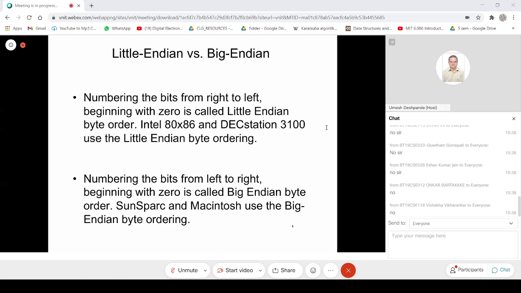So the compiler needs to know this byte ordering form on a particular processor, which is either little endian or big endian byte ordering. Okay, and therefore, in order to have portability, that is, we want all source programs to work on different machines,